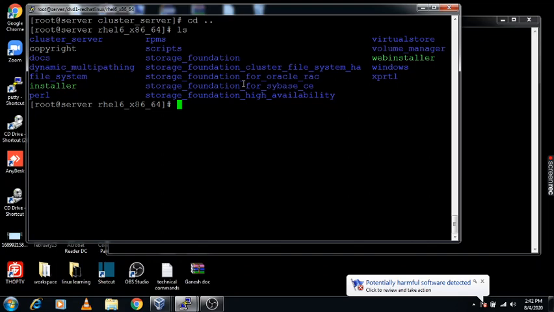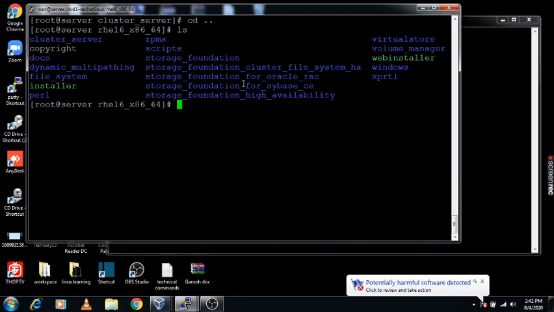If you are doing any activity on a faulted server, at that time you can switch over your service group, or you can say your application, to another server. So there will be no impact on your application and it is always up and running. For that, we are deploying this cluster server.